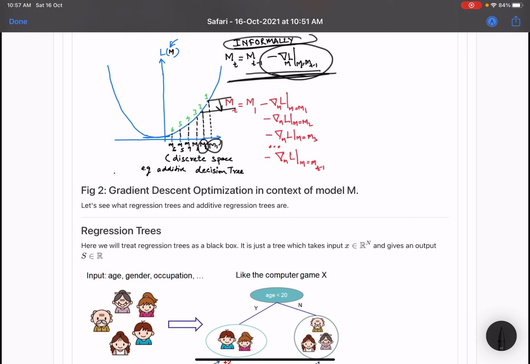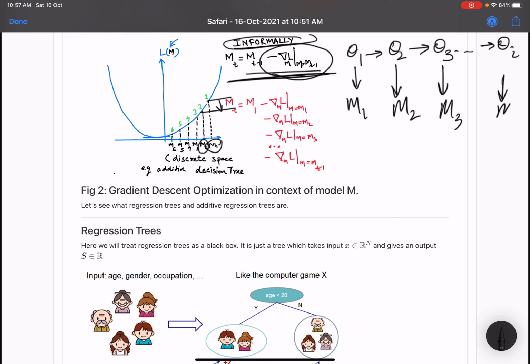So for example, even theta, right? If you look at theta 1, it then moves to theta 2, then moves to theta 3, up to some theta I. So these are evolving thetas which represent evolving models, right? Because the evolving models are parameterized by theta and theta tells you everything about the model, evolving thetas and evolving models are analogous.